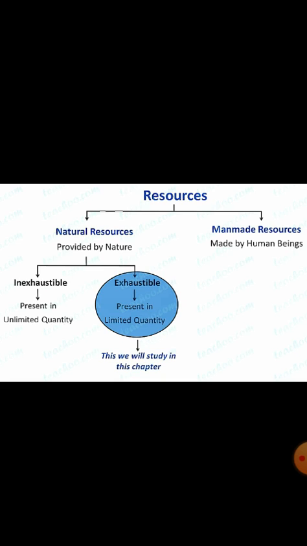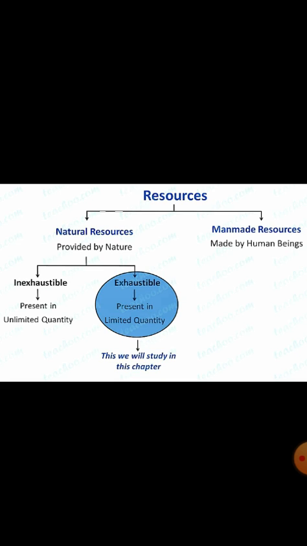Forests, wildlife, minerals, coal, petroleum, and natural gas. These are exhaustible. In this chapter, we are going to discuss a few exhaustible natural resources like coal, petroleum,